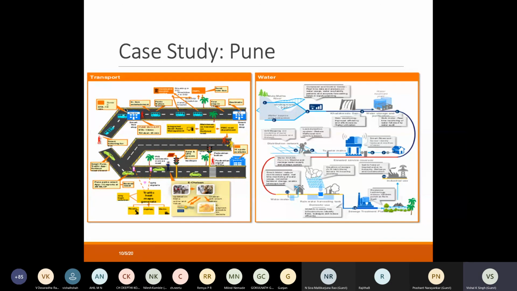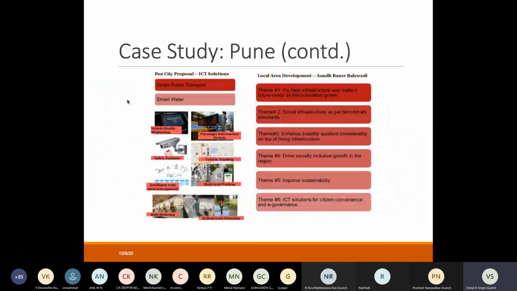Again, it comes back to citizen awareness and the sensible use of the resources. Now the technologies, as you can see in the model, can be implemented. The various technologies which smart transportation involves are, first of all, vehicle health monitoring. Now the vehicle health monitoring,